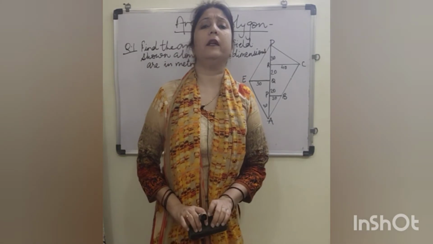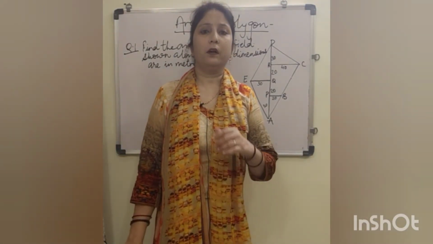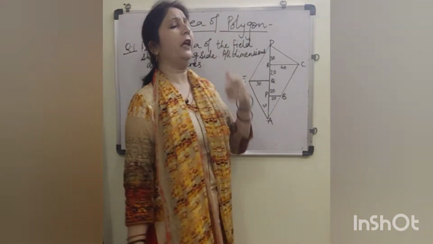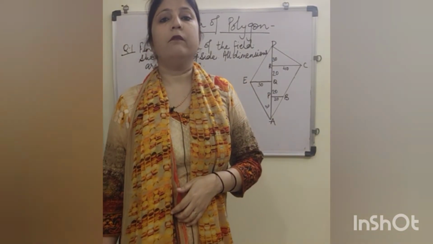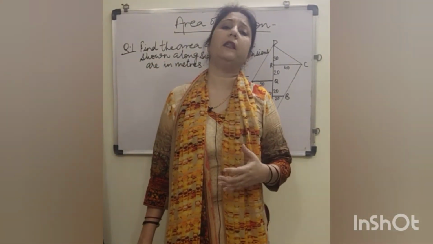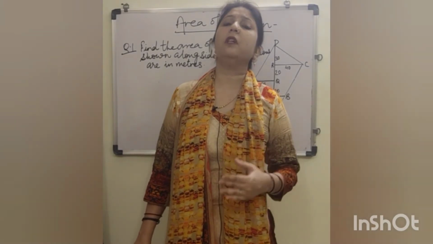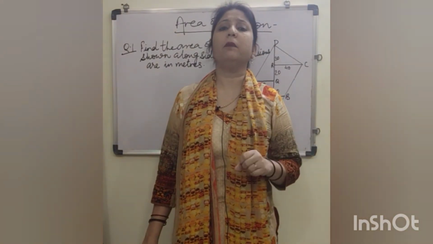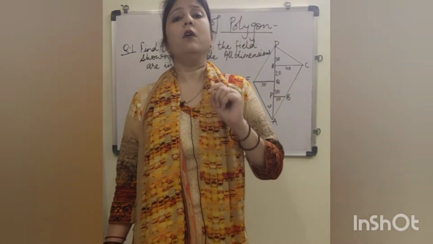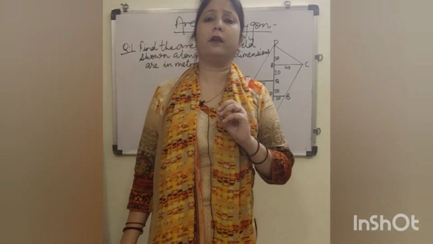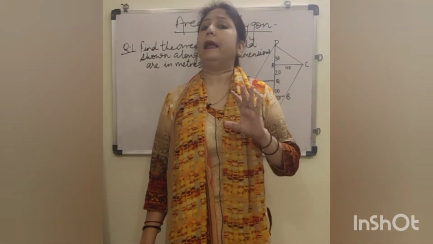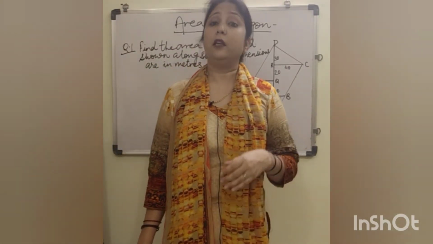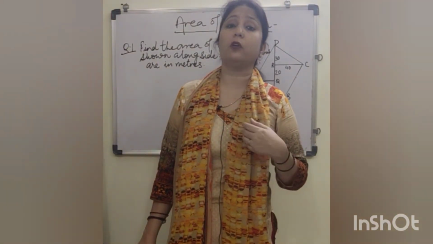Today we continue the videos, area of trapezium, with the remaining part, area of polygon. We have to learn how we can calculate the area of a polygon, because till now in the mensuration part you have learned the formula for area of rectangle, square, different formulas for triangle, area of rhombus, even area of trapezium as well. Area of right triangle, that is half into product of its legs.